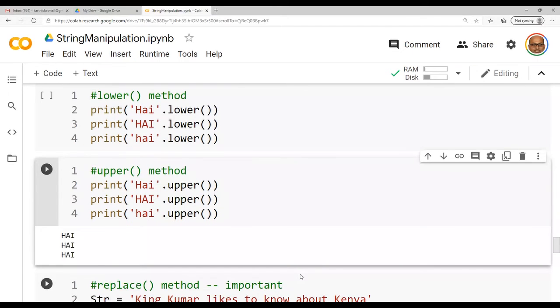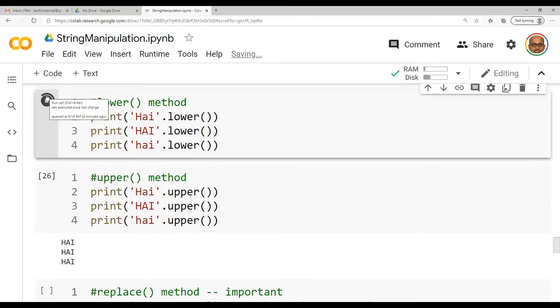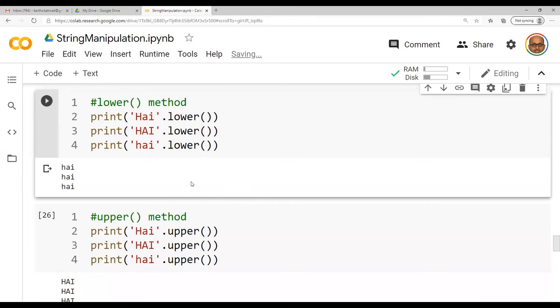With respect to upper, it is trying to convert everything to upper. With respect to lower, it is trying to convert everything to lower. Sorry, I was supposed to say lower. I have run uppercase, so it has converted the given string to uppercase here.